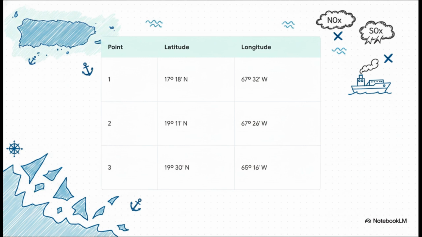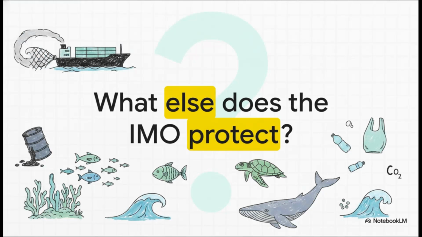Meanwhile, shifting back over to the Americas, the U.S. Caribbean Sea area definitely isn't forgotten. That zone requires 55 uniquely plotted points just to lock in its protection from both NOx and SOx pollution. So whether we're talking about the chilly waters of the Baltic or the warm currents of the Caribbean, the mathematical approach remains equally rigorous. So beyond these thousands of precise, invisible atmospheric coordinates, we really have to ask ourselves, what